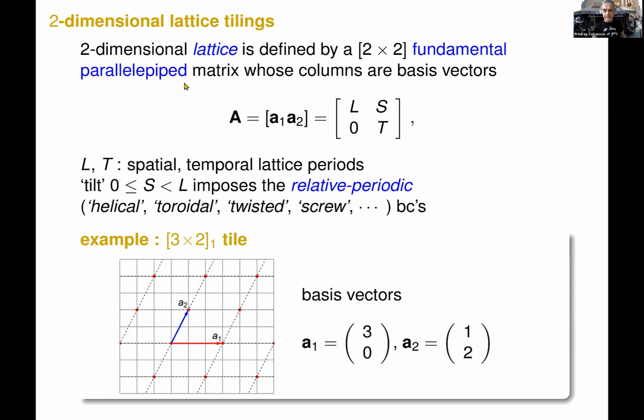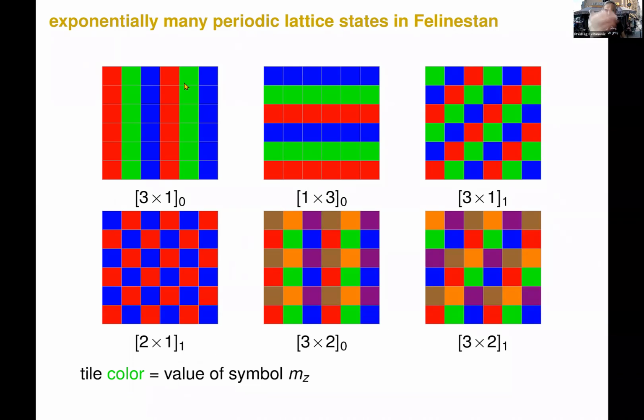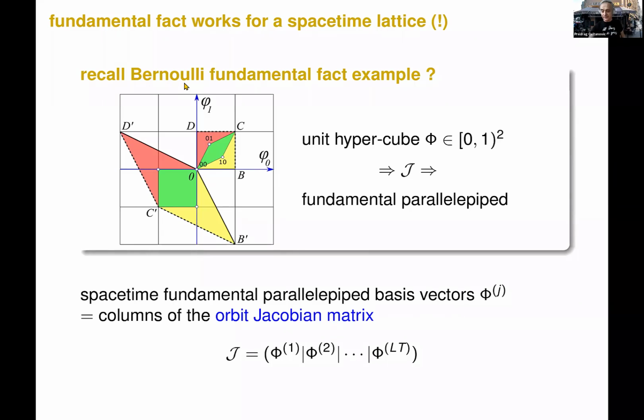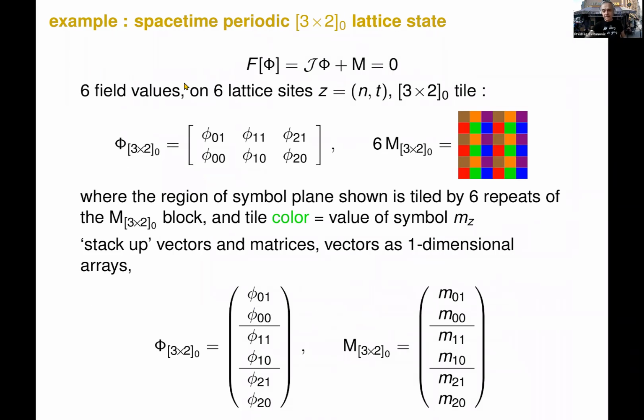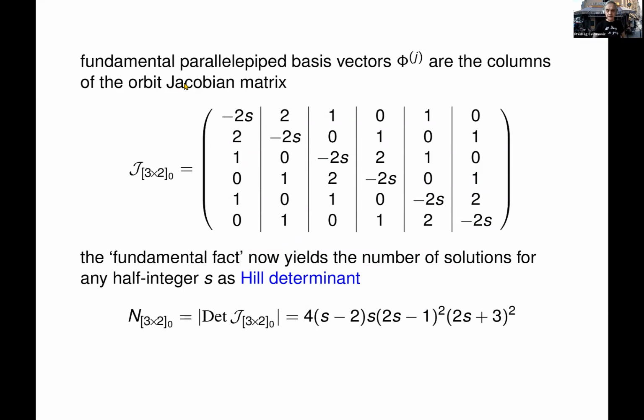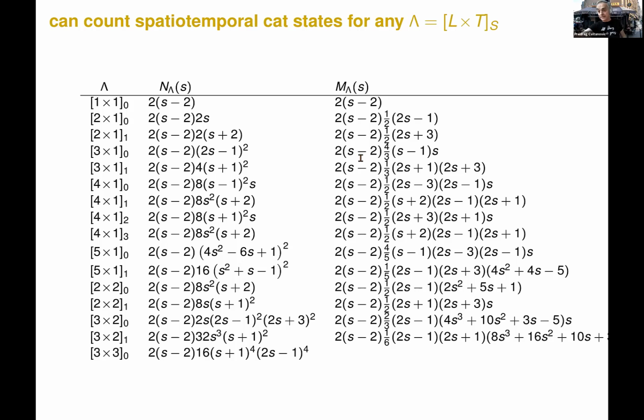It's kind of condensed matter, but they're all relative periodic. Here are samples of what tiles look like. There is confusion, there are two integer lattices. The floor on which the cats are is a lattice, but also my states are in a different Z1 lattice. The fundamental fact still works. I can write it in kind of block matrix form. I can write these Jacobians as matrices. I can compute their determinants, and I can compute them for arbitrary stretching factor. And the typical answer is a multinomial. In the stretching, we can tabulate as many as you want.